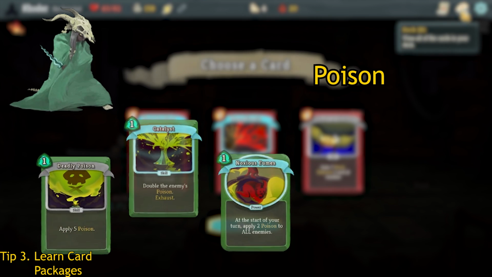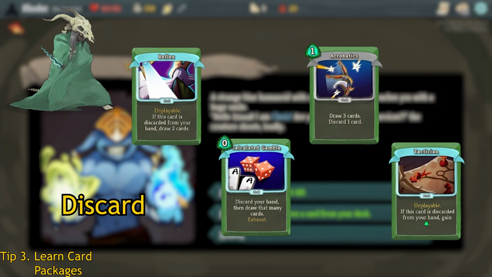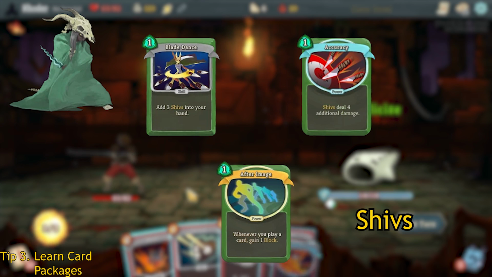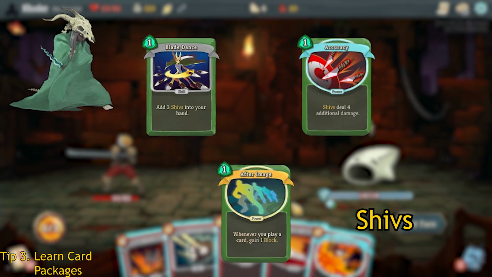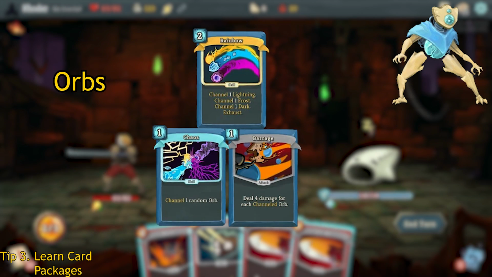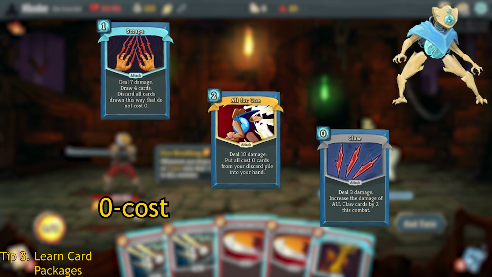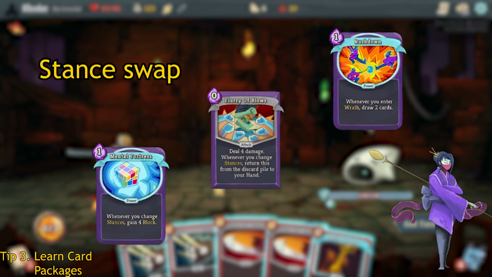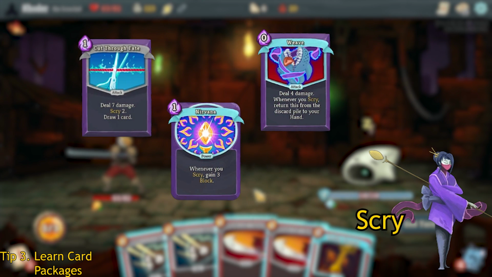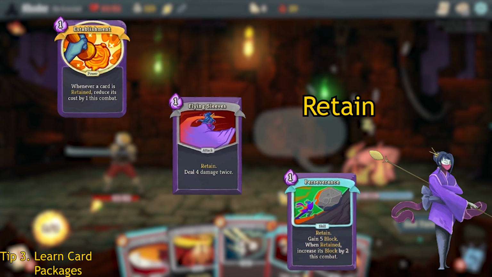For Silent, there's the Poison package, the Discard package, the Block package, the Shiv package. For the Defect, there's the power spam package, the orb generation package, the zero cost package. For Watcher, the stance spam package, the scribe package, the retain package. Now these obviously aren't all the synergy packages that the game has to offer, but it's up